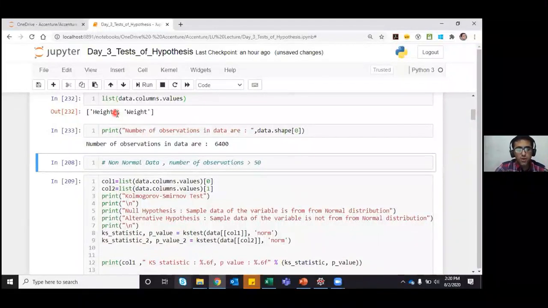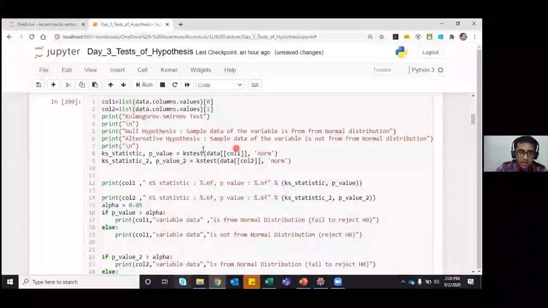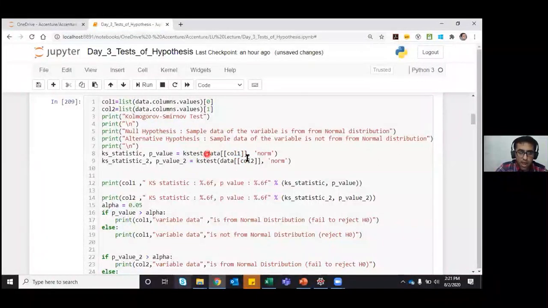We need to apply the normality test on each of the columns that we have in the data. Here both height and weight are my continuous columns, so I can simply take them. I have taken height first, and then weight. Please pay attention here: kstest is the syntax where you define that you have to use the Kolmogorov-Smirnov test, and here you specify the exact column that you want to take for your analysis.